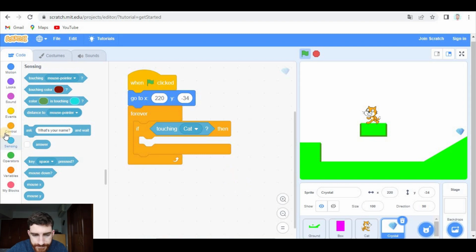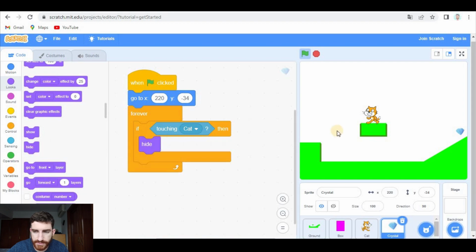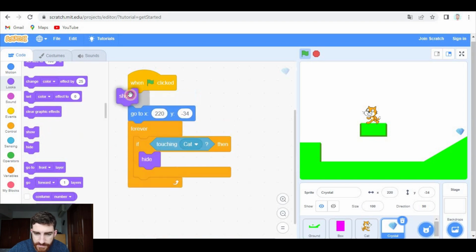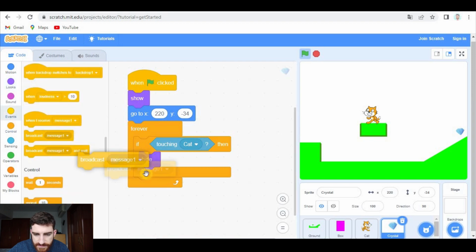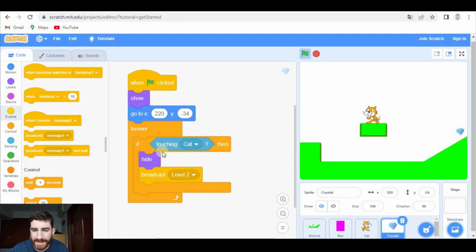If the crystal is touching the cat, first of all, we're gonna hide the crystal to make sure the cat is not touching it anymore and we don't send the message several times or too many times. So let's add a show here, by the way, to make sure it shows at the beginning. I'm going to broadcast level 2